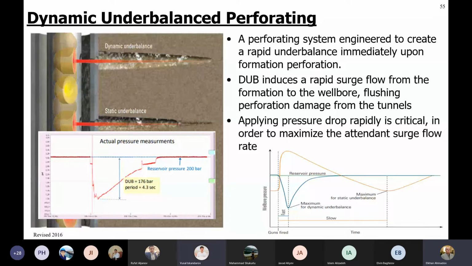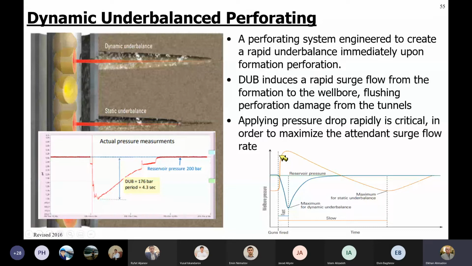Could you explain the same things for the blue line? Okay. For the blue line, the static pressure in the wellbore is a little bit above or equal to the reservoir pressure. You can see the blue line. Once we shut the charge, sorry, not the well. Shutting the well is closing the well. Once we fire the guns,